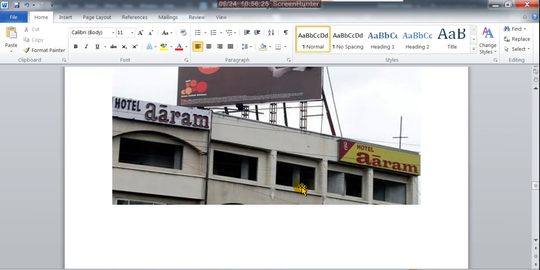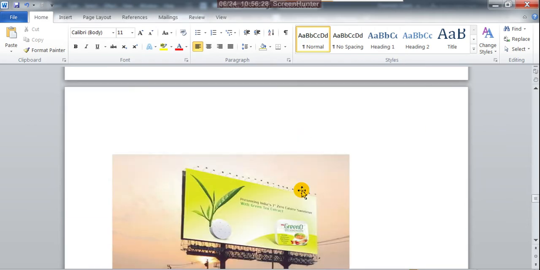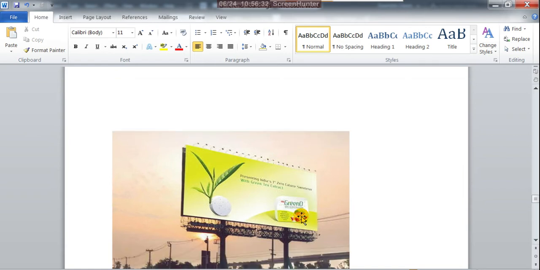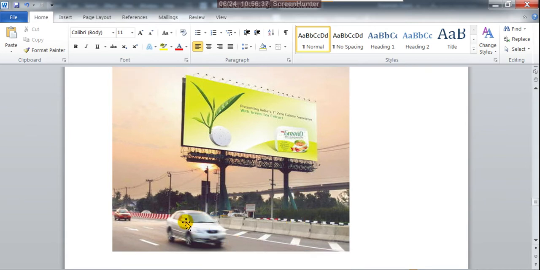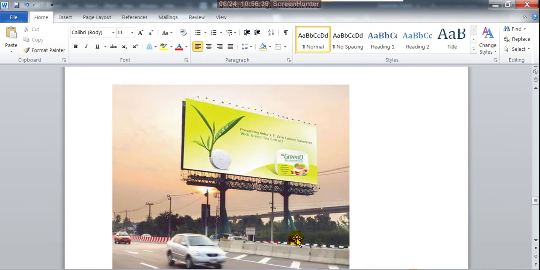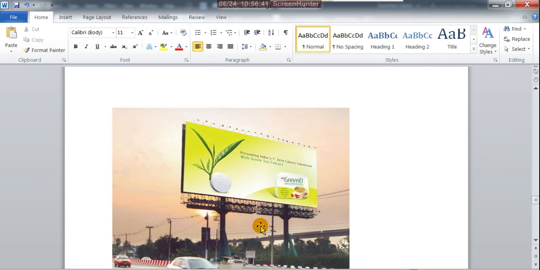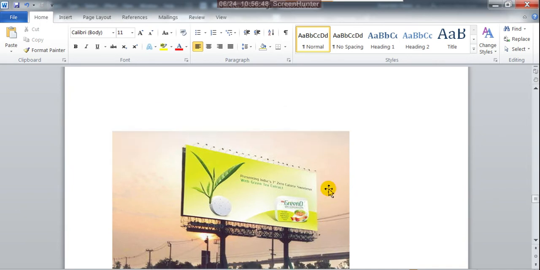This is one kind of hoarding design. Here you see many lights, because it is very big in size, huge. See the passersby, the vehicles moving, and from the vehicle window you can give a glance, and then we will understand, oh, that is this. In a single glance you have to understand what the particular product is and what slogan or caption they are indicating. That is very important.